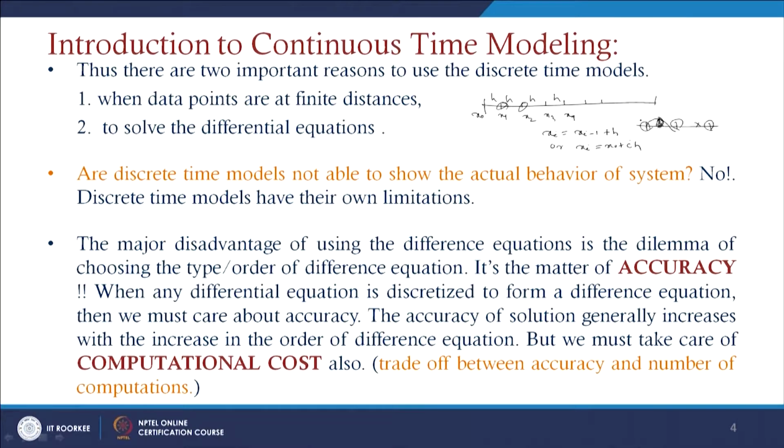The major dilemma of using these difference equations is choosing the type or order of a difference equation. It is a matter of accuracy. When a differential equation is discretized to form a difference equation, as I have explained here, if you approximate a function with a straight line at different points, and the points are equidistant, then there exists a gap between these 2 points. And if you choose these discretized points very close to each other, then